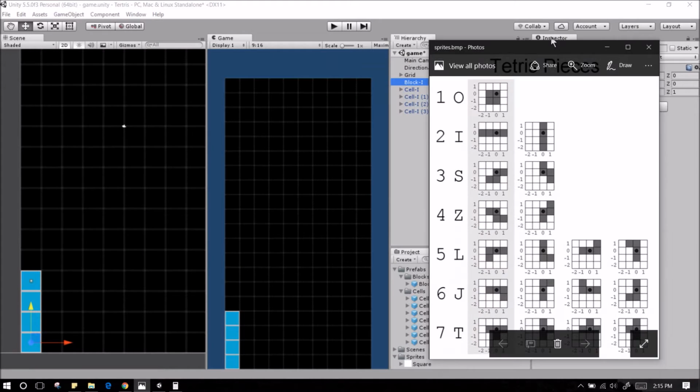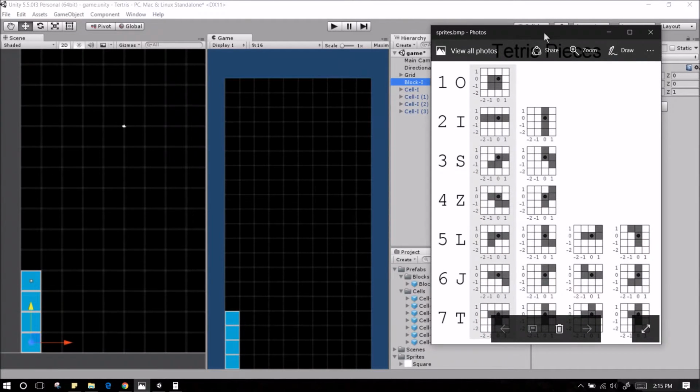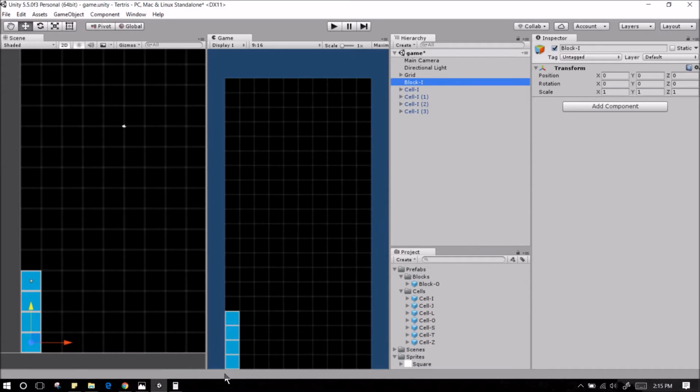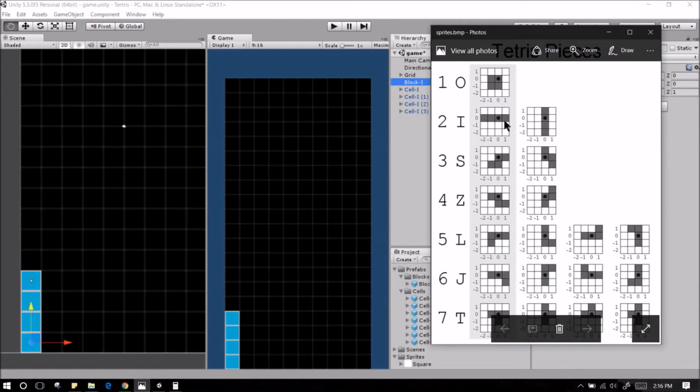If we have our block I at 0, 0, it will also work fine, but then my block I will rotate about this point, which is not generally seen in Tetris. In Tetris, it's one of the middle two cells whose center is set as the pivot point. So